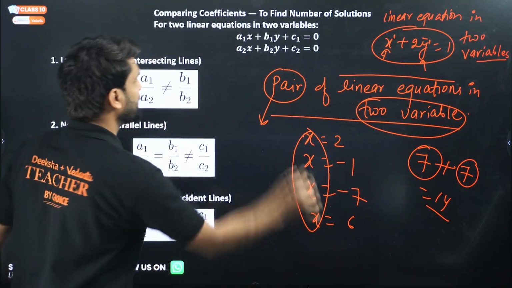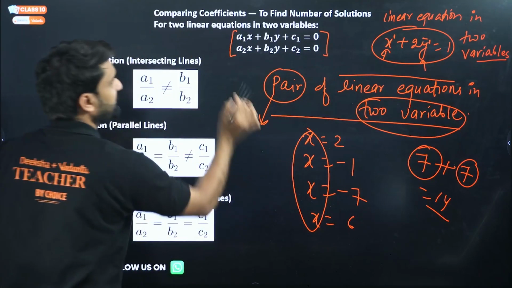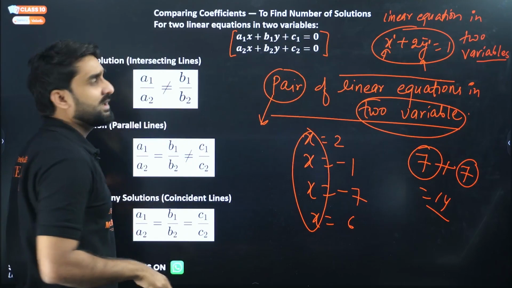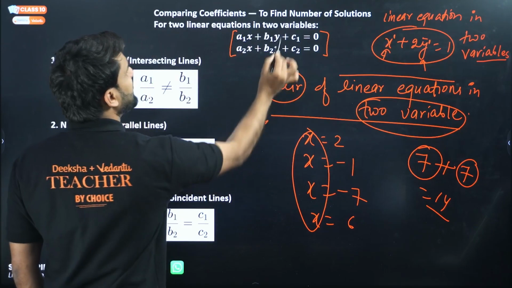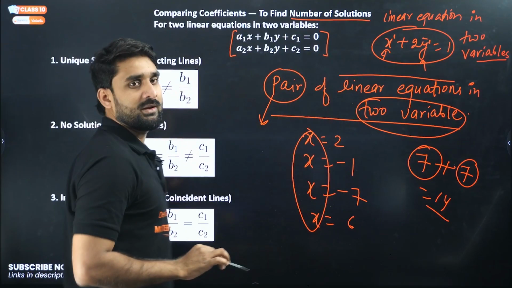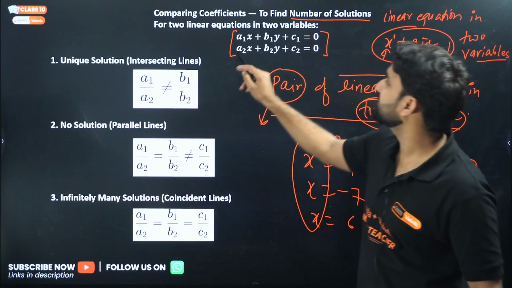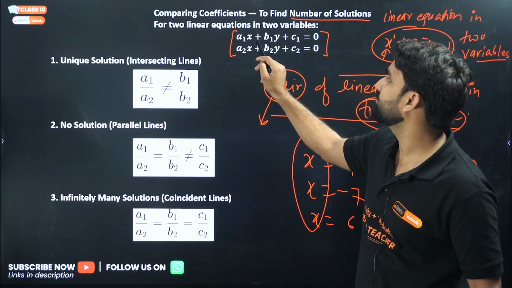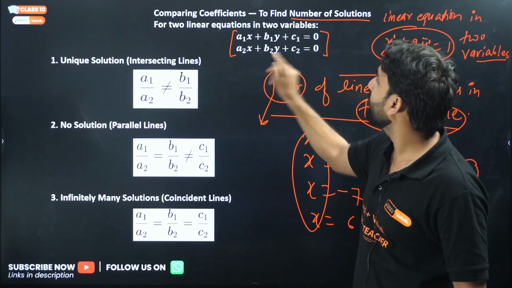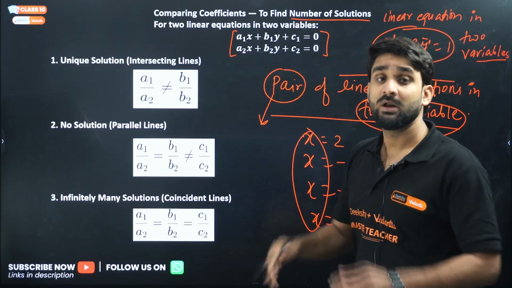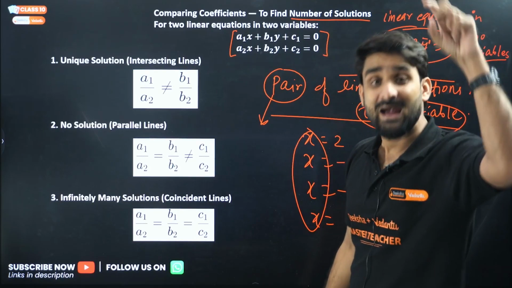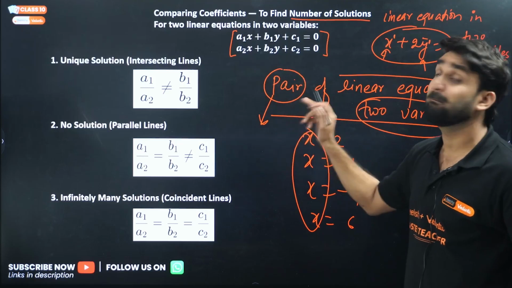So this is basic. So there are two linear equations in two variables, and we have to find out the solution, meaning the values of variables x and y which satisfy both the equations. And first, this is a very important thing. Without solving the linear equations in two variables, you can find out the nature of the solution, the number of solutions. If you are comparing the coefficients, this is the coefficient of x, the number which is attached with x is called the coefficient of x, and b1 is the coefficient of y. I'm calling this a1, b1, c1 because this is the first equation. In this chapter, in every question you will be getting two linear equations. How many linear equations will be there? Two linear equations, and that is the reason why this chapter is termed pair of linear equations in two